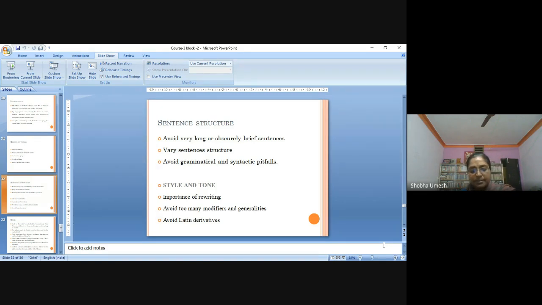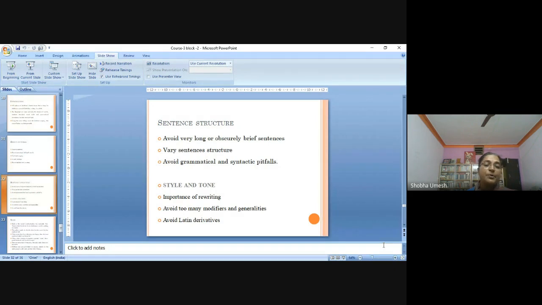For intelligible sentences, take care to avoid dangling participles. For example, like this: running out into the storm, I saw a strange sight. Improper usage of pronouns should also be avoided in a sentence. It always demands the correct usage of verbs, pronouns, and antecedents, where they agree in number. And the next comes style and tone.